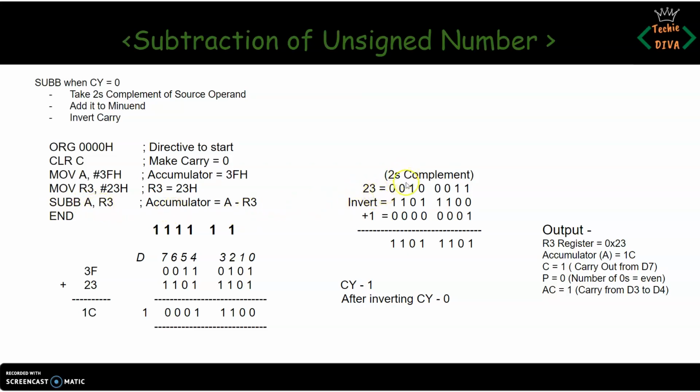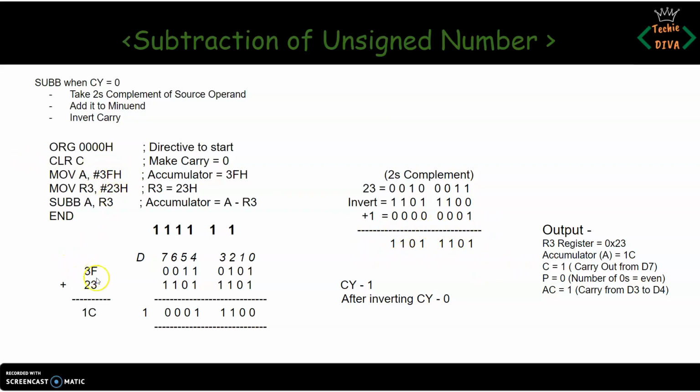We first write 23 in the form of binary numbers. So this is 2, this is 3. We then invert the bits, making 1 to 0 and 0 to 1. Then we add 1 to it and perform addition. 0 plus 1 is 1, 0 plus 0 is 0, 1 plus 0 is 1, and likewise going forward. This is our 2's complement and we would add this number to the one stored in